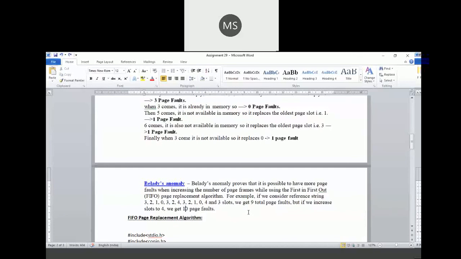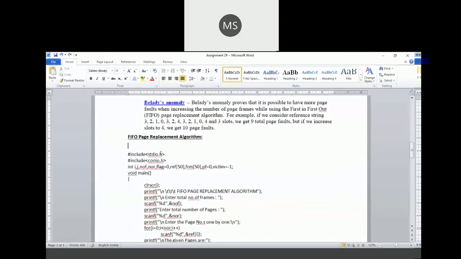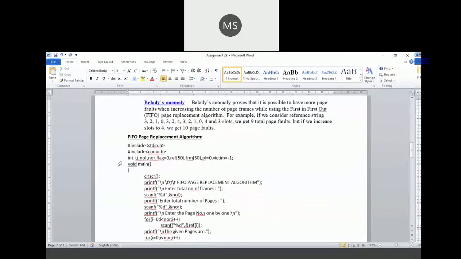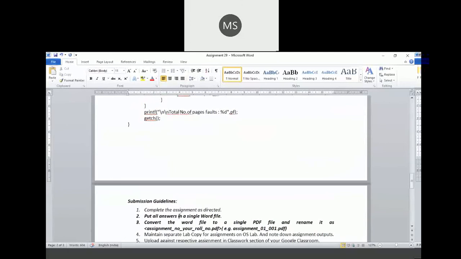Now let us verify this with our program. The program is already written here. Now let us verify this code. This code is already tested here. I will now change my sharing to screen mode. As you can see,